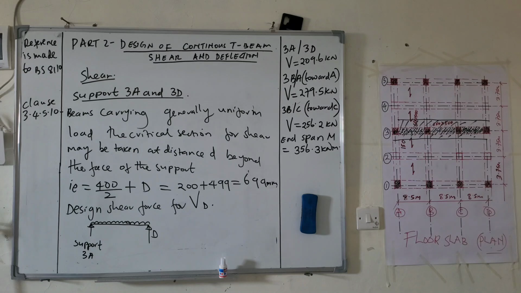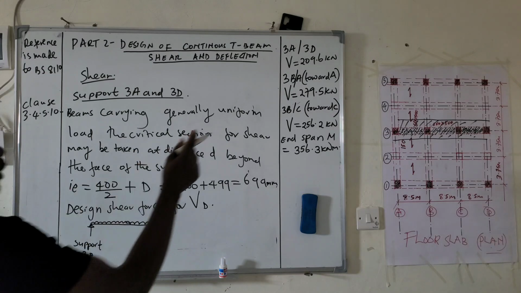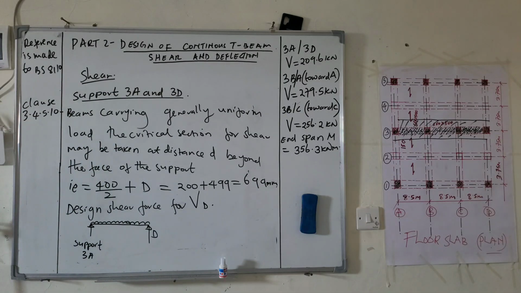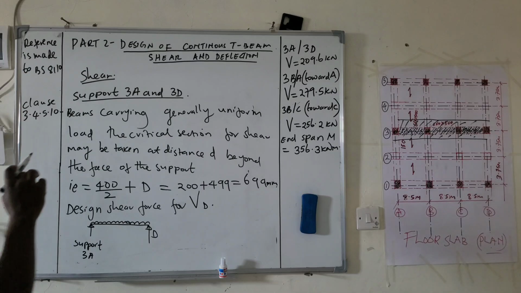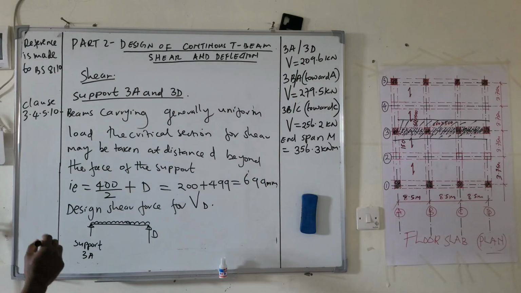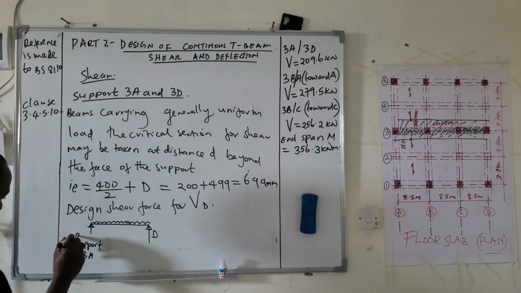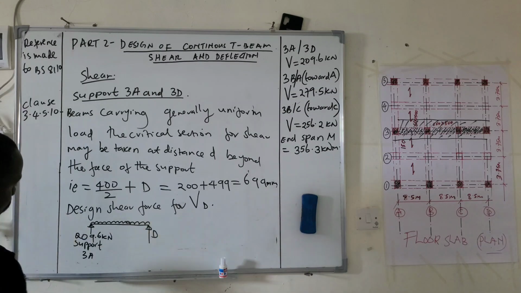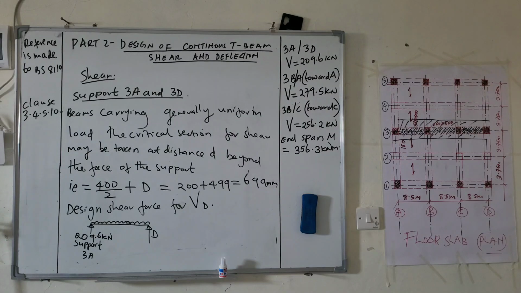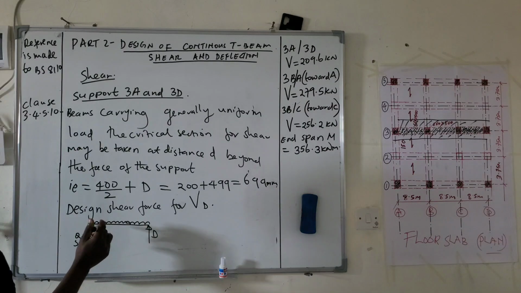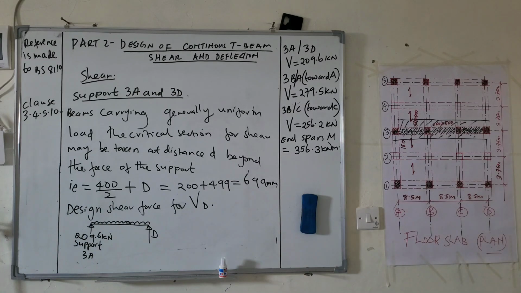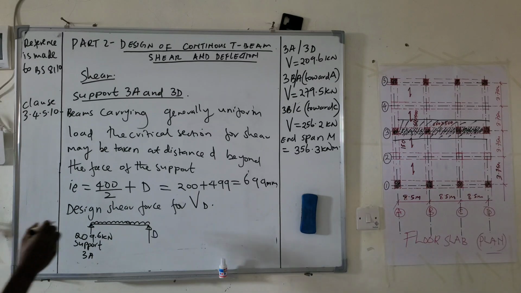If you check on this side, we have the shear force for support 3A and 3D, which is 209.6 kilonewton. And remember, our loading on this beam, as we calculated in our previous session, was